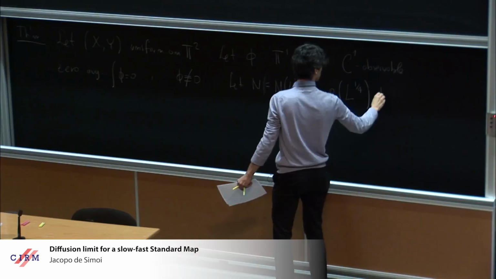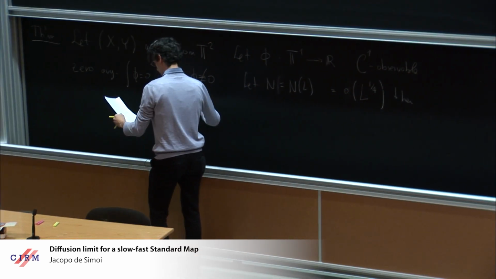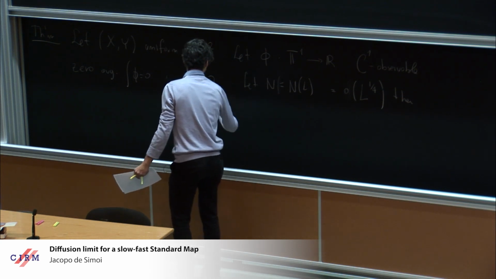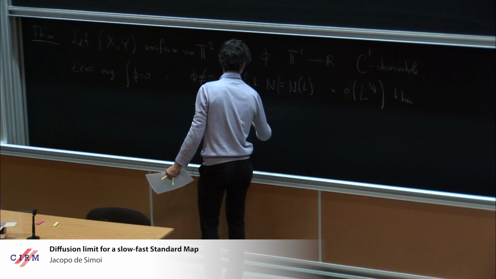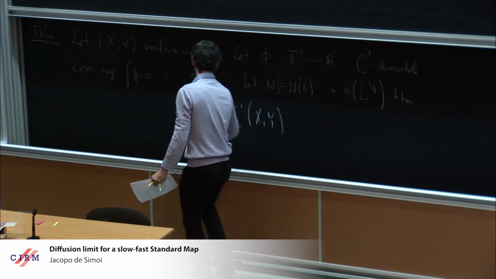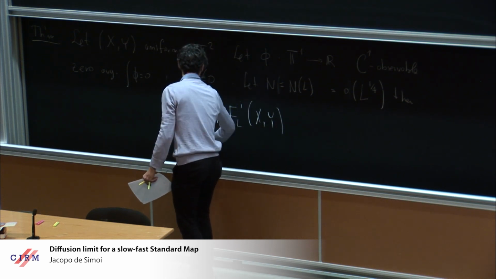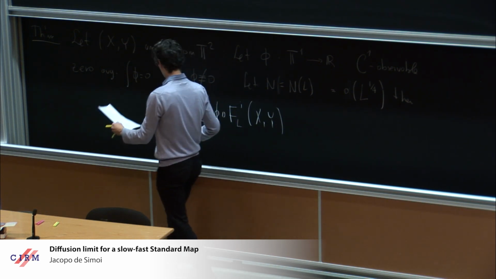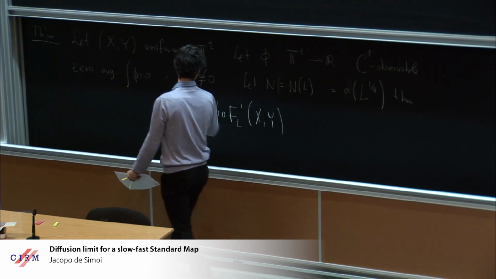And then what we have is that if you renormalize the Birkhoff sum of phi of the i-th iterate of (x, y), i from 0 to n minus 1, and then divide by n L to the minus 1/2, so I take this,